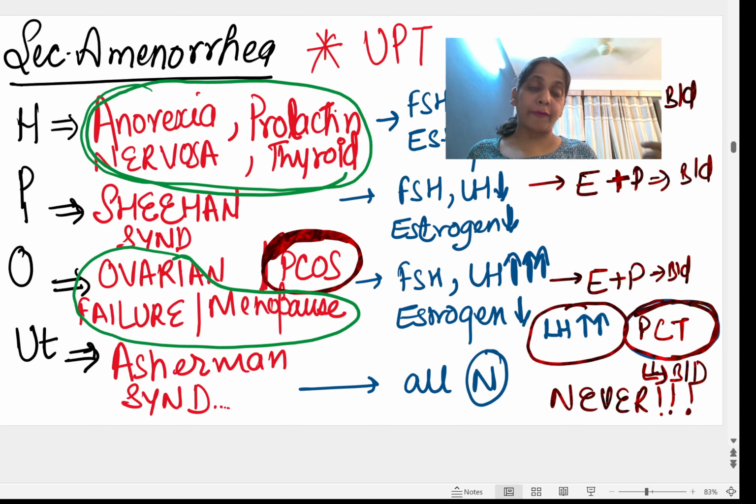Out of serous, mucinous, Brenner, and clear cell, serous is the most common. Which ovarian tumor is most common in a lady of 55 years, or any lady? Serous cystadenoma. Now germ cell tumor is an ovarian tumor which occurs in a 25-year-old lady